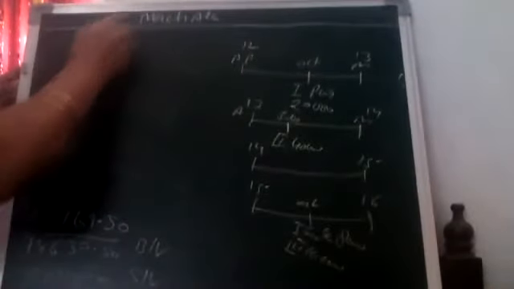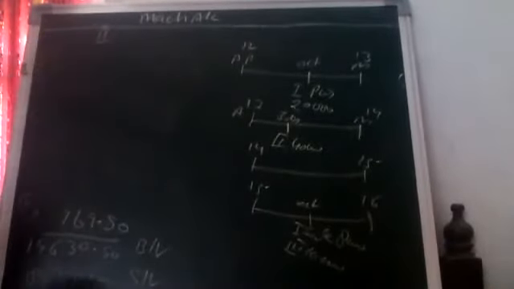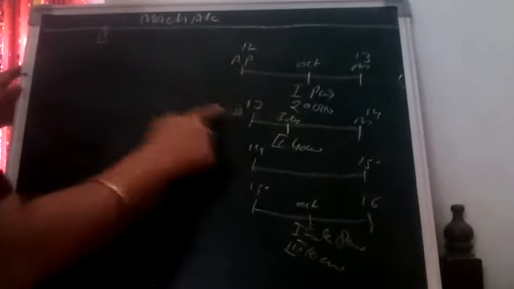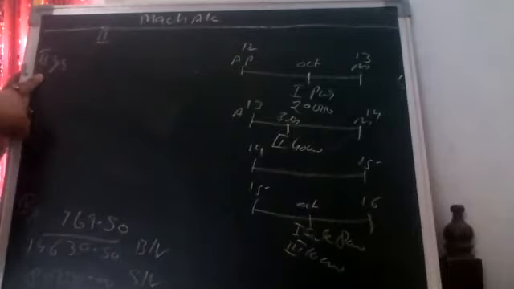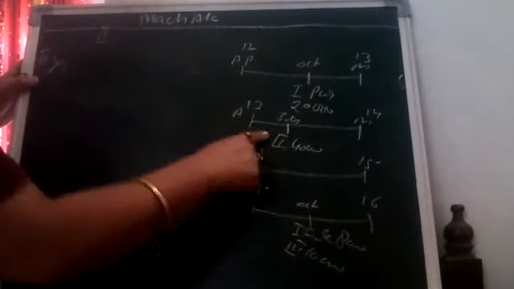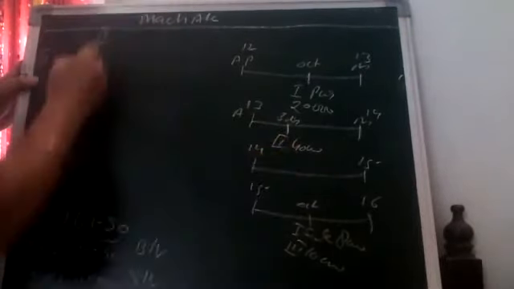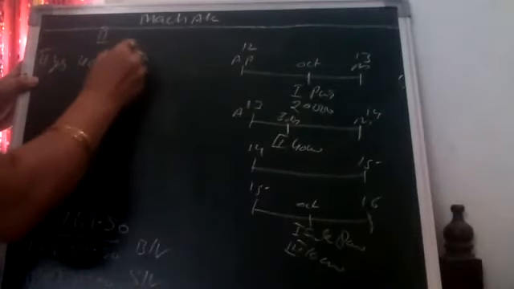I hope it is done. Let's go for second machinery. We will do the working note here. Second machinery was purchased in second year only, not in first year. I'll write here second year. In second year, it was purchased on 1st July for 40,000 rupees.